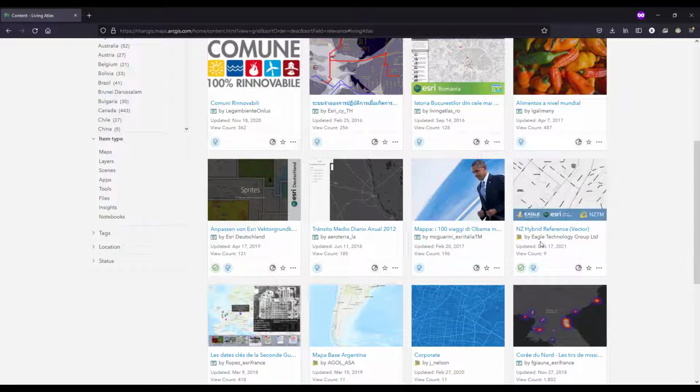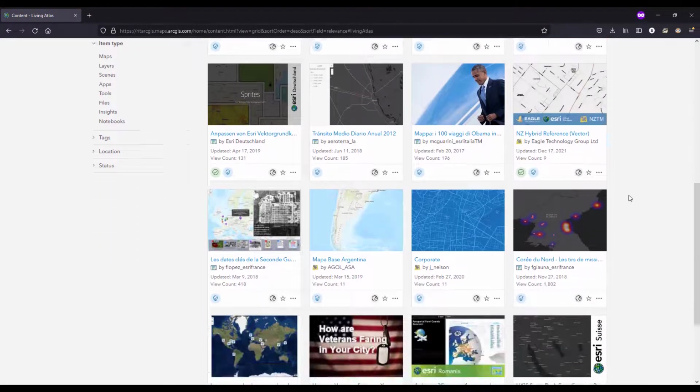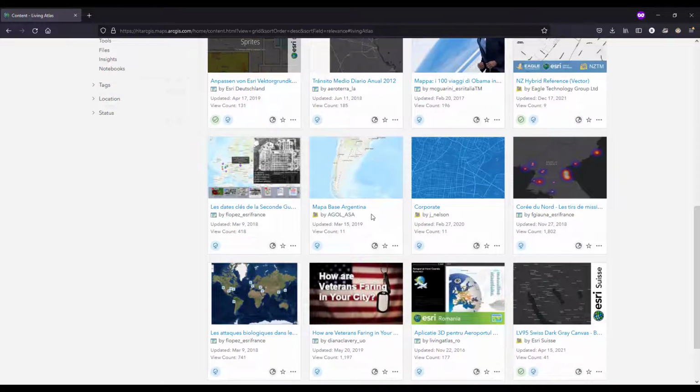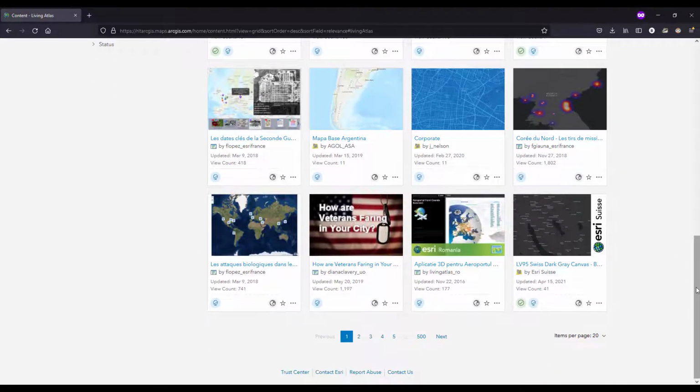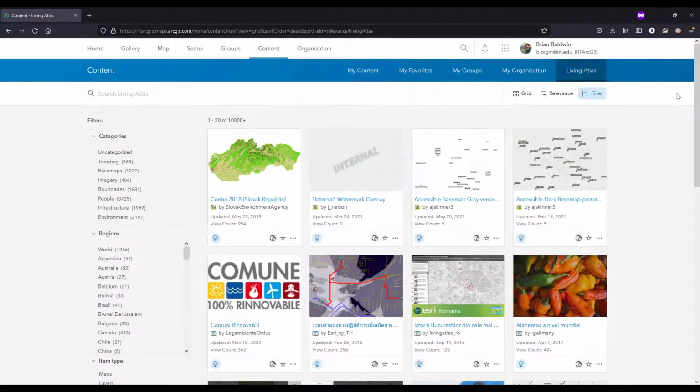In this case, you can see Eagle, which is a partner of Esri's in New Zealand. So that's some data for New Zealand. If we scroll down a little bit, we can see some Argentinian base information, etc. So you have data from the Living Atlas you can access. You have data from just your organization, in this case RIT, or your content. Let's go back to my content,